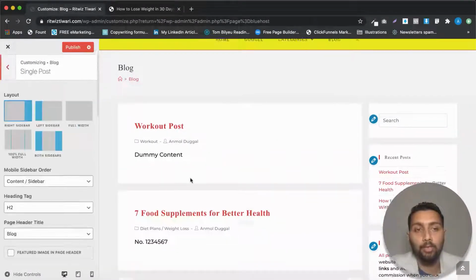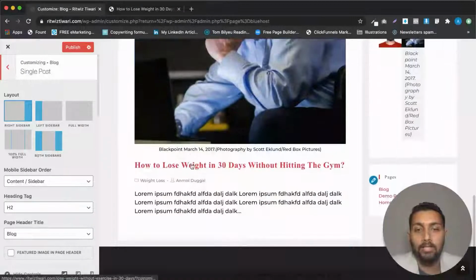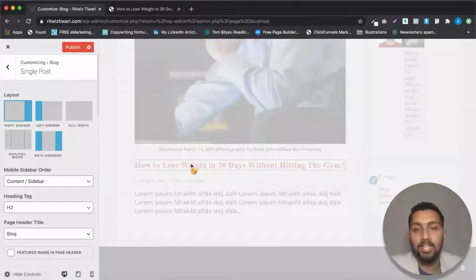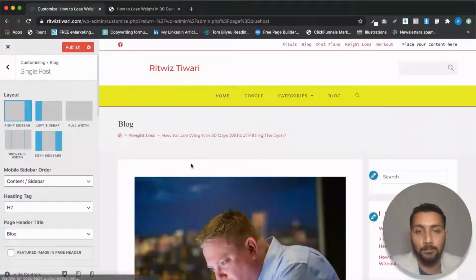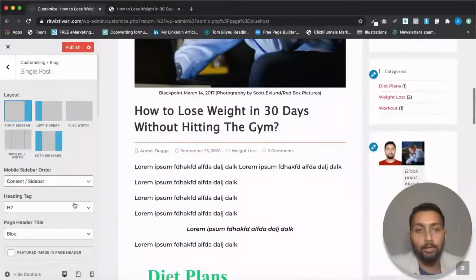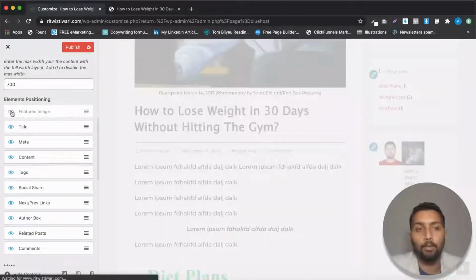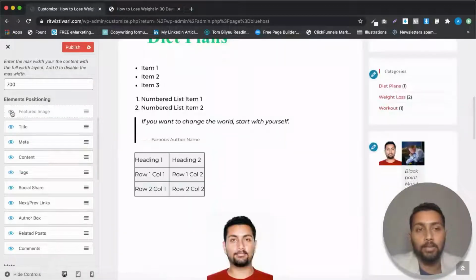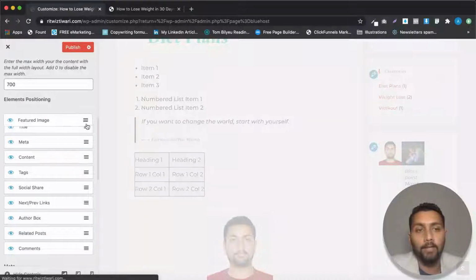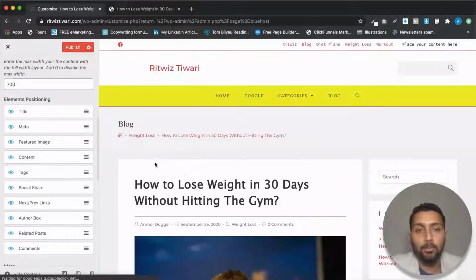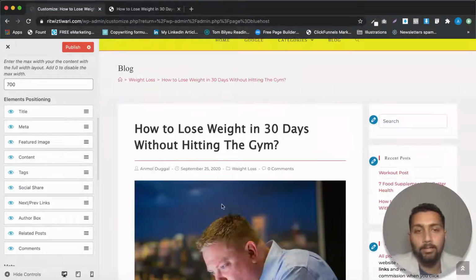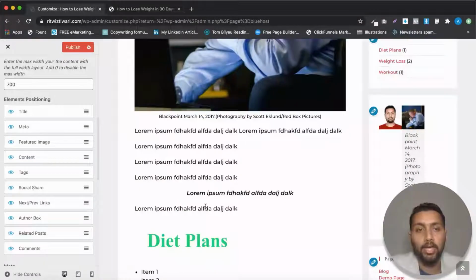And in the single post settings are the settings which will make the changes to the blog post when somebody opens it. All right, so right now you can see here that these are the options, like featured images being displayed. I don't want featured image inside of my blog post. So I can disable it, or maybe if I want it after the title and the meta, and after that the content should start. Now the title should be at the top, then comes the meta, and then comes our featured image, and after that our content actually starts up.